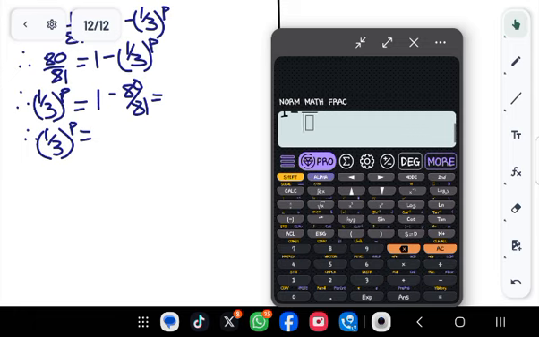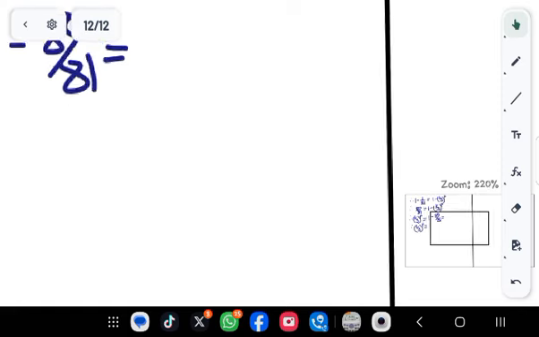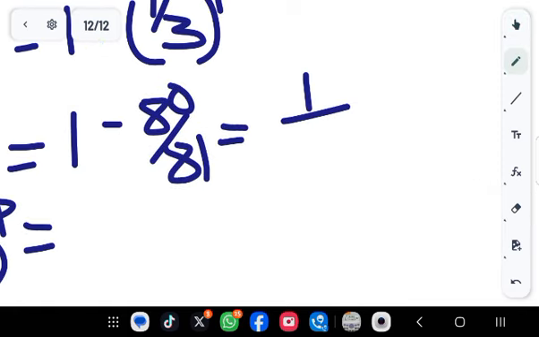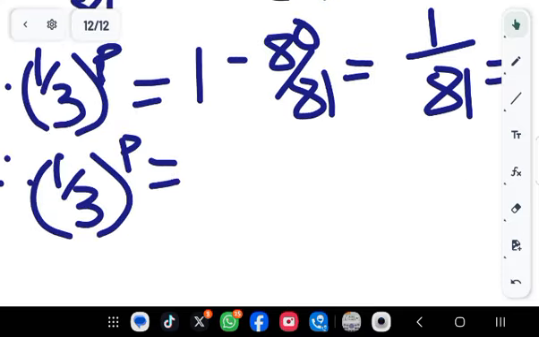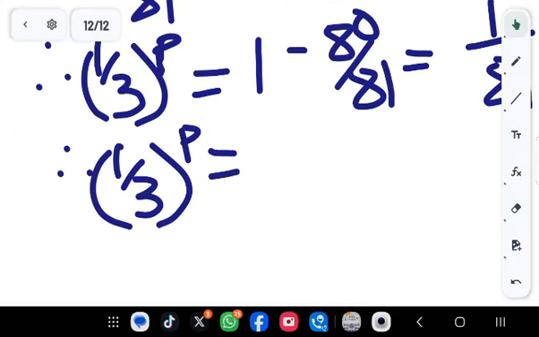Here we go, and that gives us an answer of 1/81. Which gives us 1/81 can also be